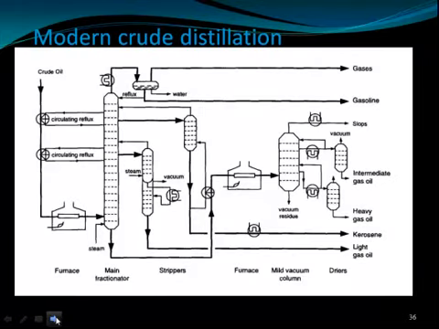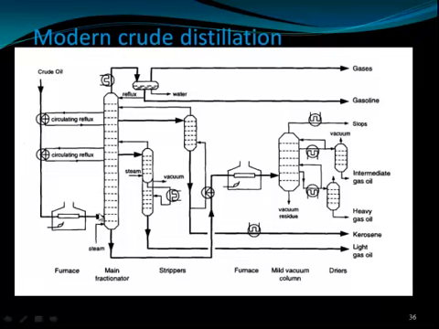Then in modern crude distillation, the crude oil is sent to the distillation tower, and we can have the recirculating refluxes. These refluxes are done for each of the separate crude oil fractions. The lower boiling point will always come at the top, whereas the higher boiling point we will take from the bottom. So here the reflux is occurring at the top, where we are separating the lower boiling point, so that is gasoline or gas we take, and from the higher boiling range it will go on.